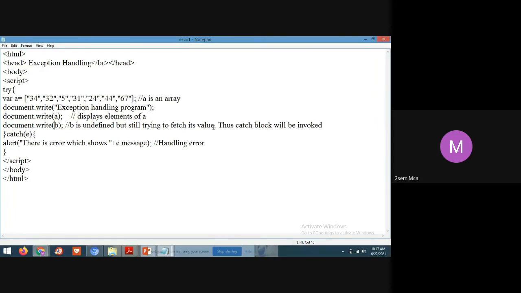So what happens here? The catch block will be invoked. What am I doing in the catch block? I am displaying an error message.